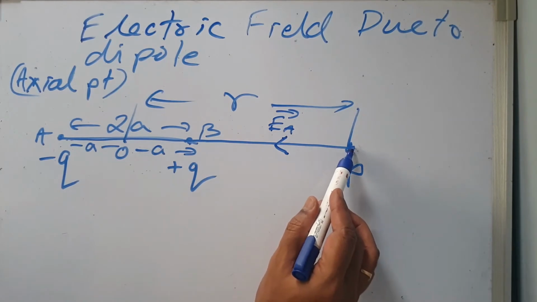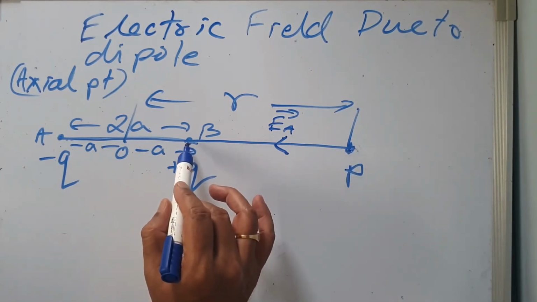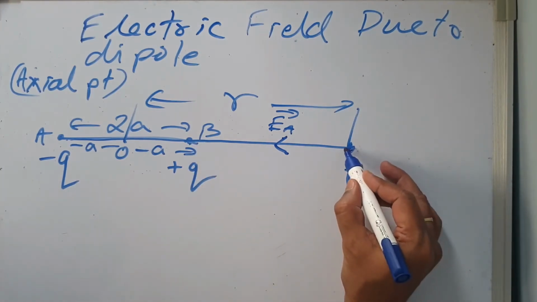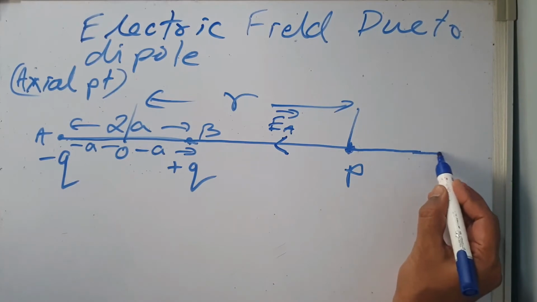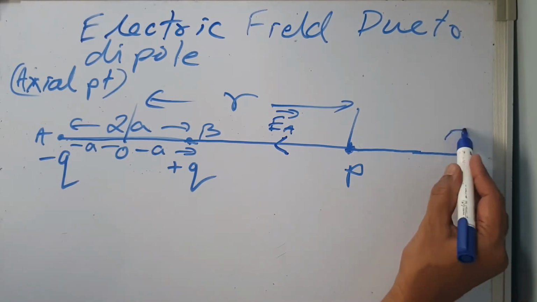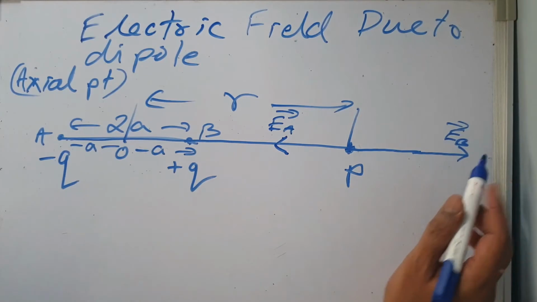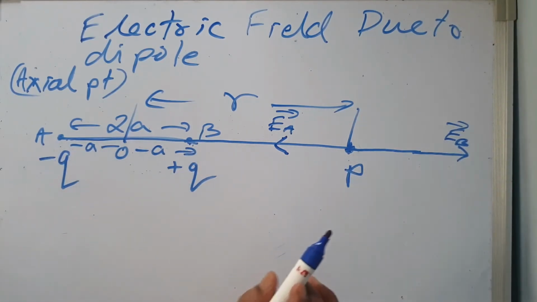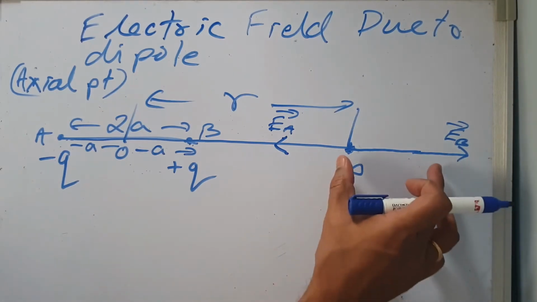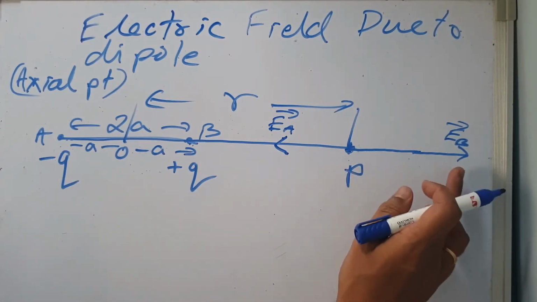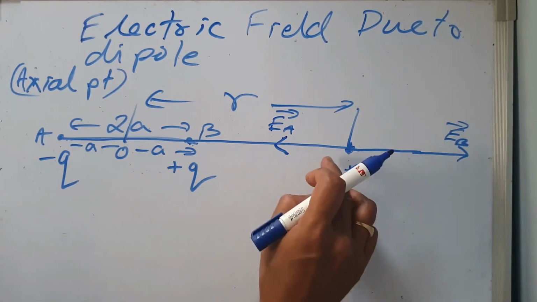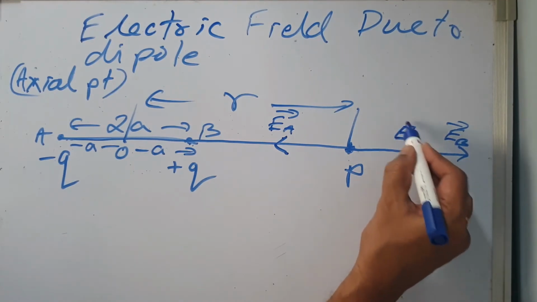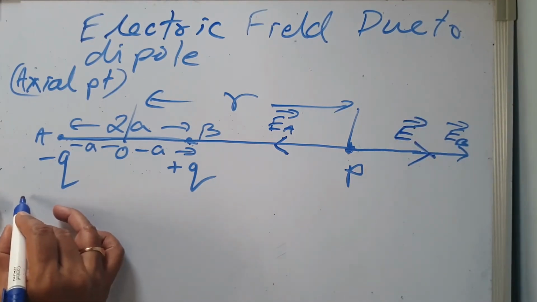The intensity of electric field at point P due to the charge at B: the charge at B is positive. If I place a positive test charge here, it gets repelled, by a greater force. So the intensity at P due to the charge at B will be EB, which will be greater than EA, because this point is closer to P than the negative charge. Now the resultant field here will be the vector sum of EB and EA. EB being greater in magnitude towards the right and EA less in magnitude towards the left, the resultant will be towards the right. This will represent vector E, the resultant field.